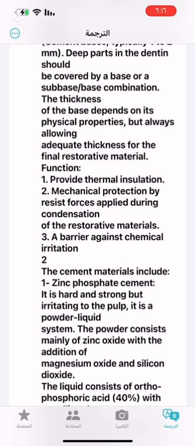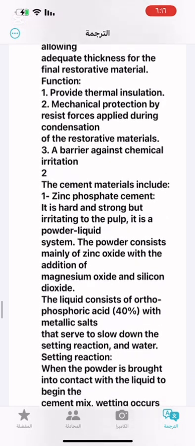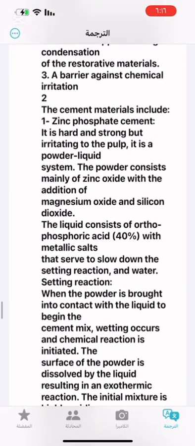Function. 1. Provide thermal insulation. 2. Mechanical protection by resisting forces applied during condensation of the restorative materials. 3. A barrier against chemical irritation. 2. The cement materials include: